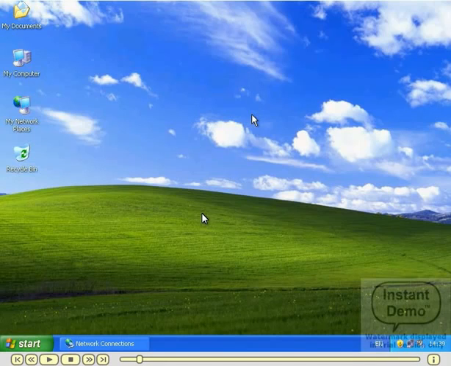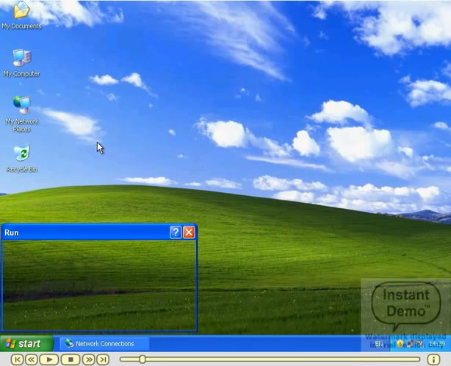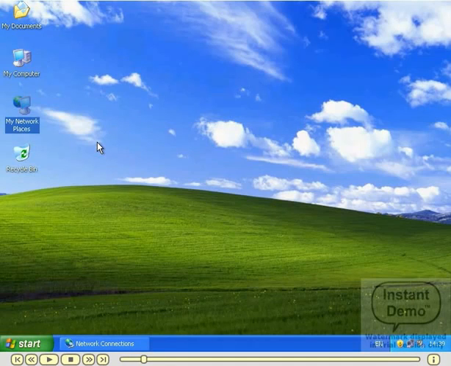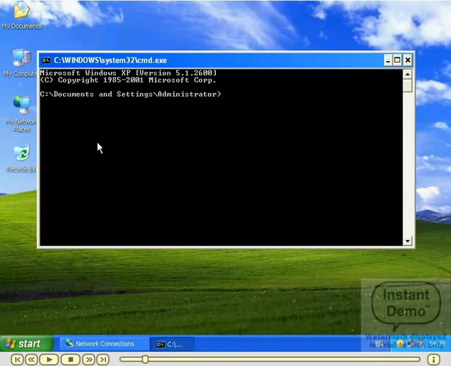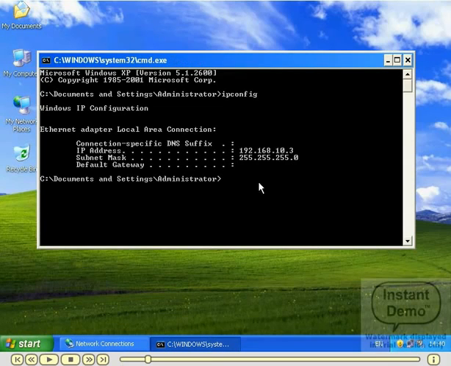Our network has two systems. One is an XP system and one is a Windows 2003 system. Just see on the screen, we are in the XP system. Now check the IP configuration information. For that, open the command prompt and run the command ipconfig. Now you can see the system IP address